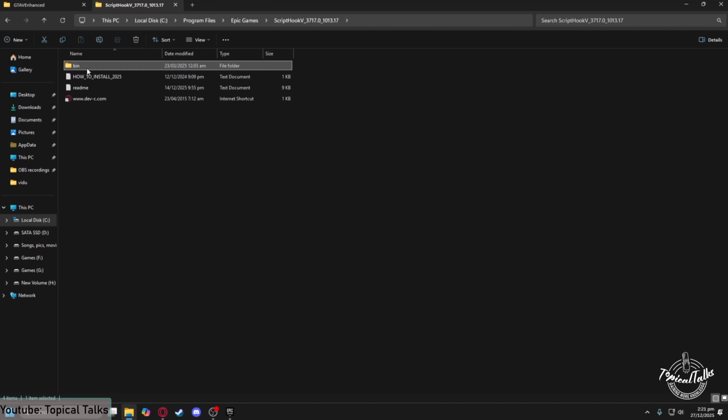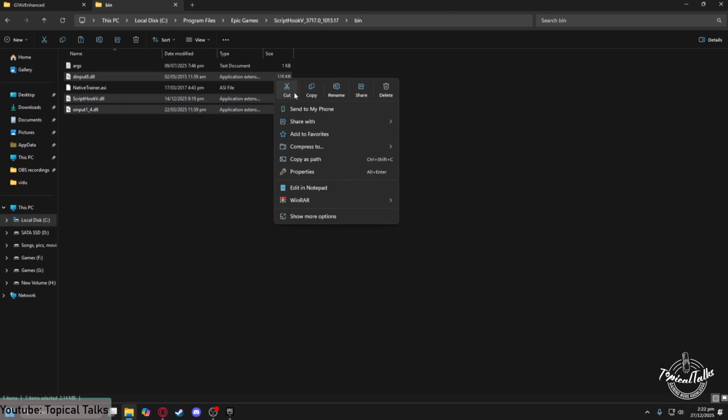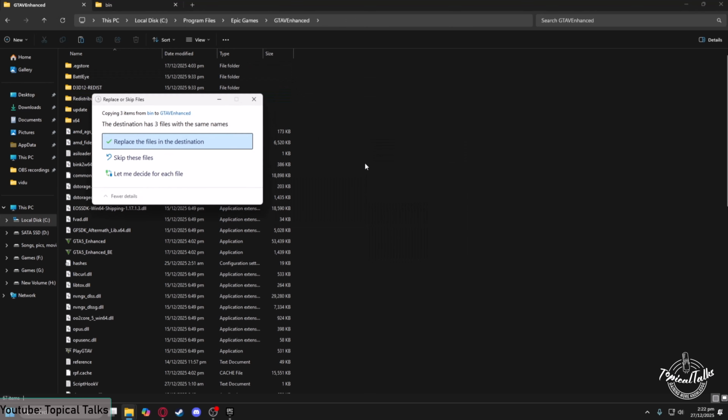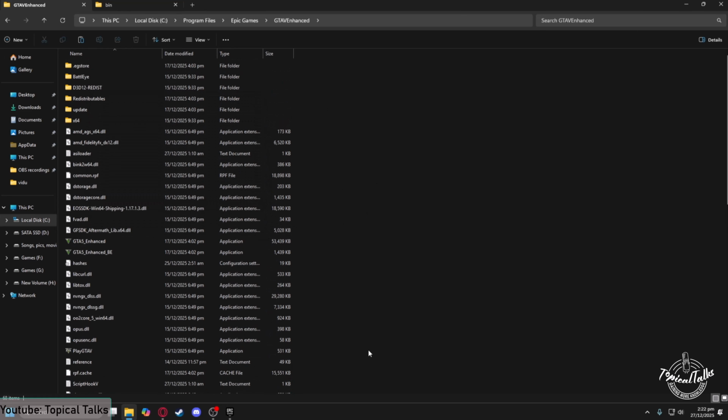From here, head to the bin folder. In here, you can see that there are various files. You just need to copy 3 of them mainly. Just right click on copy and paste them in here. After the copying is done, and also you have copied and pasted your mod that you downloaded, the script mod,